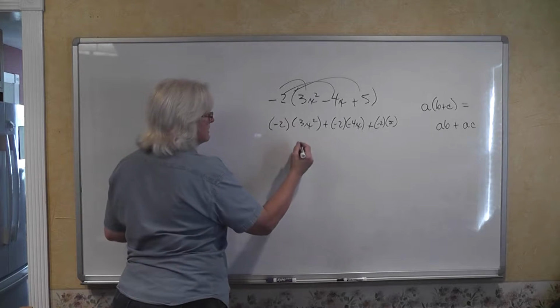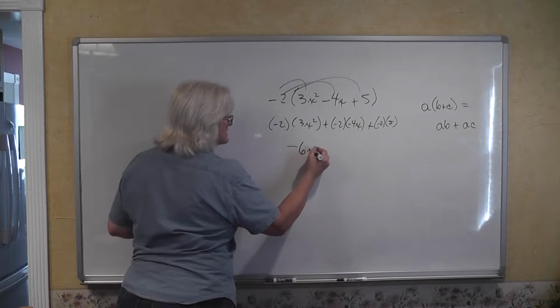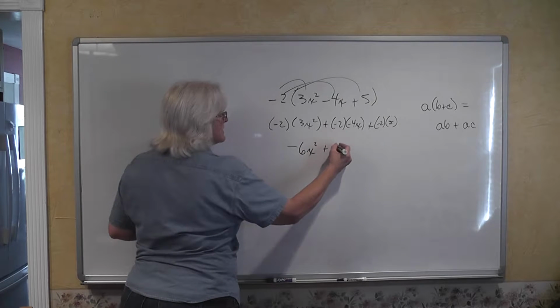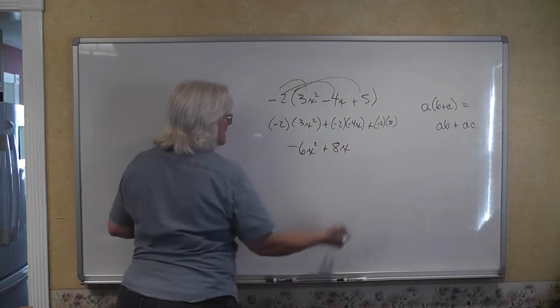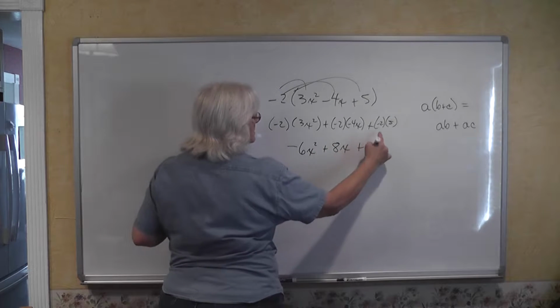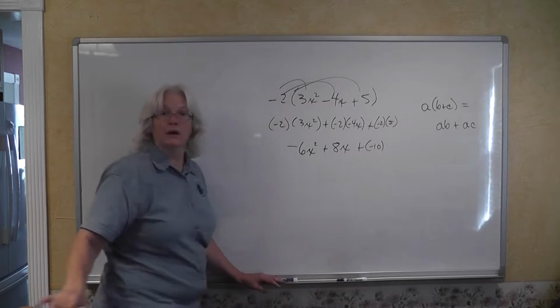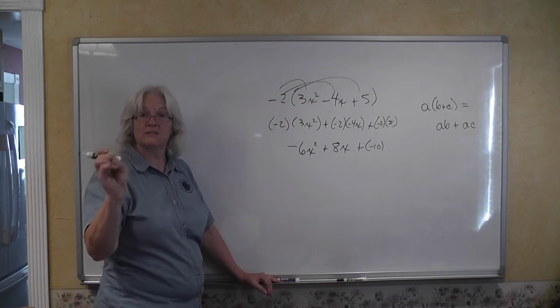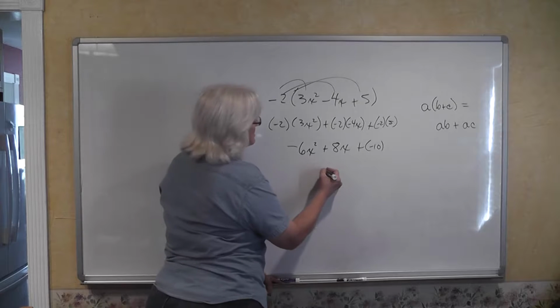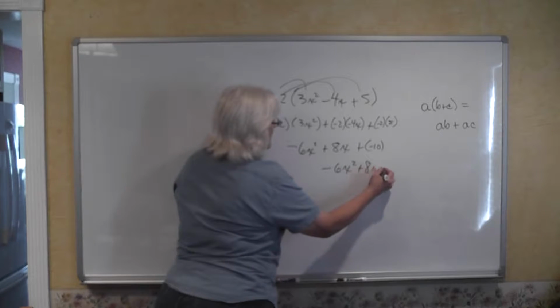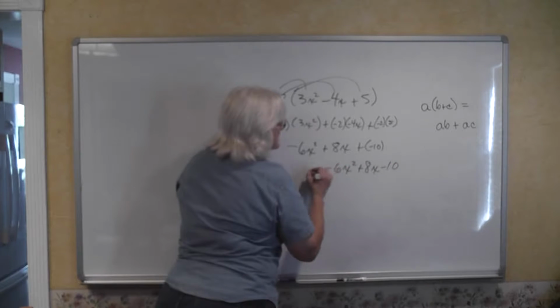Negative 2 times 3 is a negative 6x squared, plus negative 2 times negative 4 is a positive 8x, plus negative 2 times 10 is a negative 10. We don't leave plus a negative in our final answer. We have negative 6x squared plus 8x minus 10